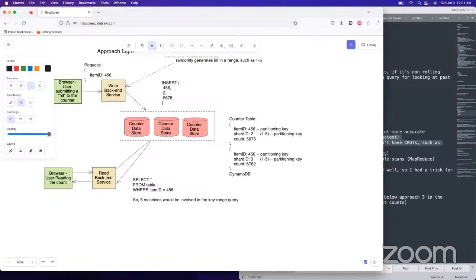But you might have like 50 machines overall or something. Like Discord, for example, has 70 machines for running Scylla. So you might have something like that. That's why we don't have that scatter gather issue that somebody else had asked about much earlier. That's how this distinguishes that we still do have at least part of the partition key. And so it still really narrows it down, as opposed to if we didn't include item ID at all as a partitioning key, that would really make it scatter gather.